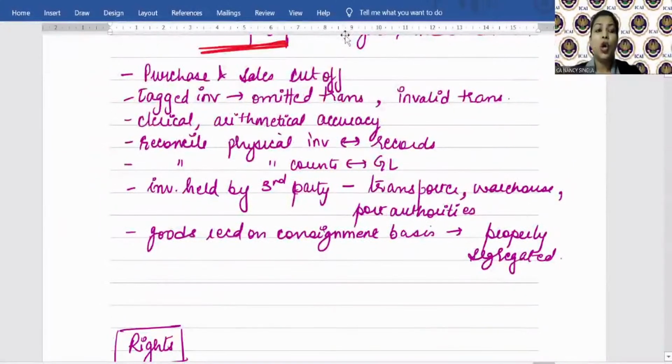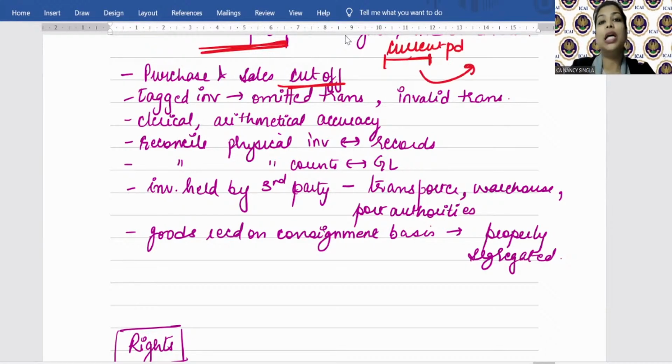Further, students, when the inventory has been purchased, right, raw material is there, work in progress is there, finished goods are there. So with respect to the part that has been purchased, the auditor will see what the cutoffs are, whether that inventory needs to be included in the current period, or whether it belongs to the other period. So the auditor will perform all those procedures, right? And this again we have done.